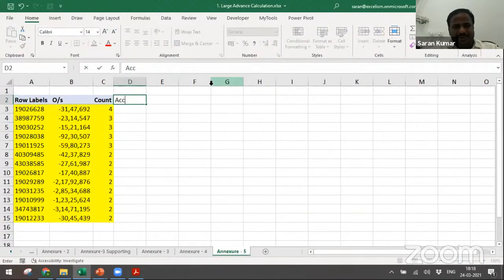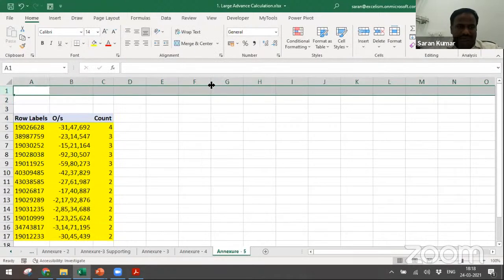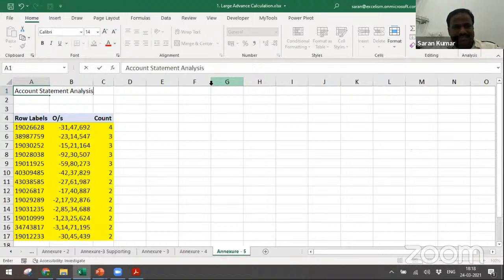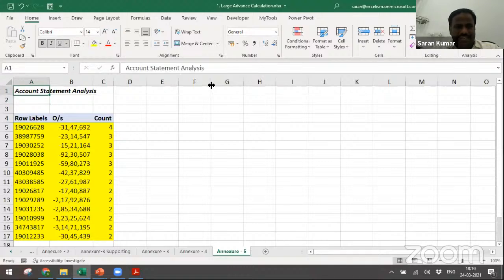Account statements are important. So before we go into the branch, you can ask for the account statements of all these accounts for account statement analysis. Take all the 4 accounts of this and check it out. Is there any intra-company transactions? Check it out. Is there any diversion of funds? And is there any purpose for which the sanction is given that they are not utilizing? Then you can comment.